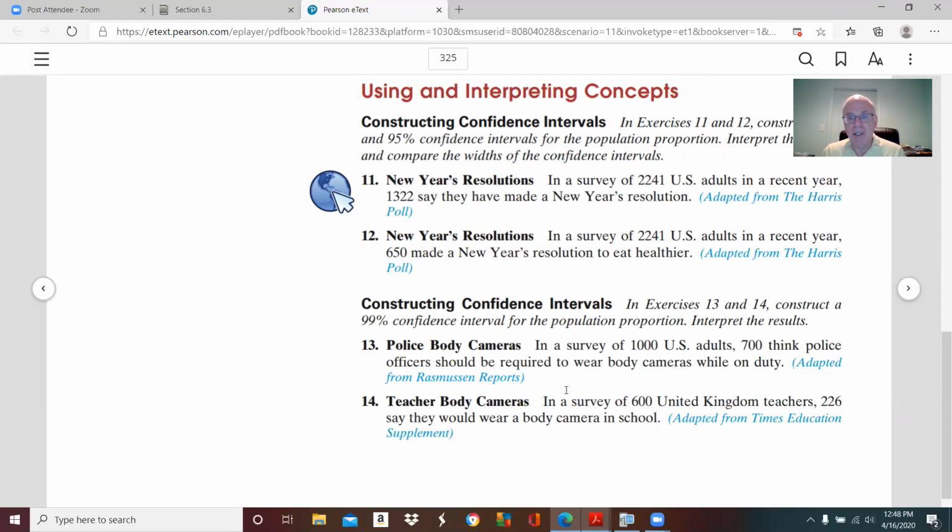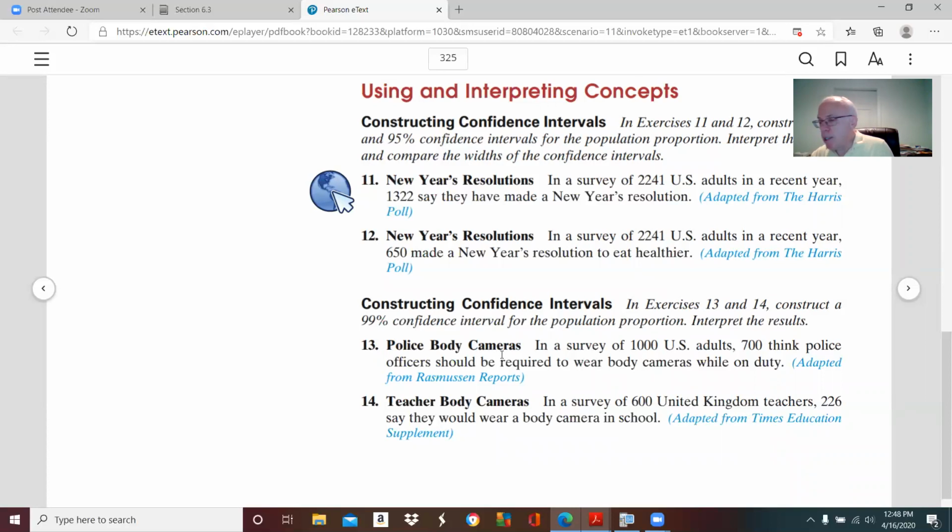It's constructed in the same way by drawing a normal curve and making the confidence level be the middle percentage. Then you find the two tails, and then you can find the area to the left using inverse normal. Then you get your critical value. It's the same procedure. So anyway, in number 13, the